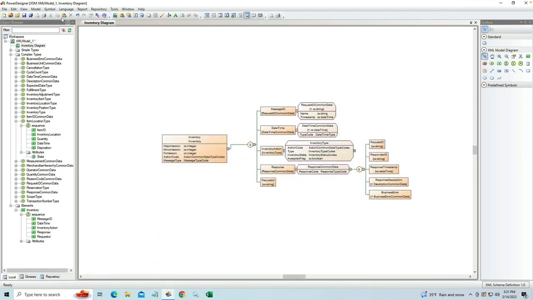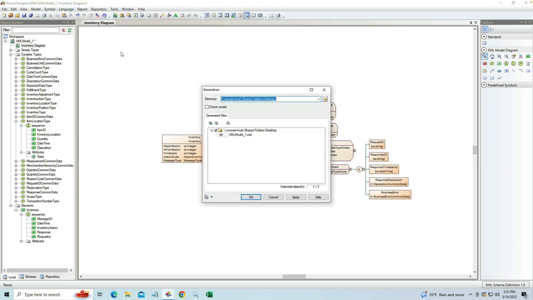So if you go to the language menu, you'll see that there's an option here for Generate XML Schema Definition File. And when you click on it, you can determine what directory you're going to host it in. So I'm just going to put it on the desktop here. And the XML model is called XML model